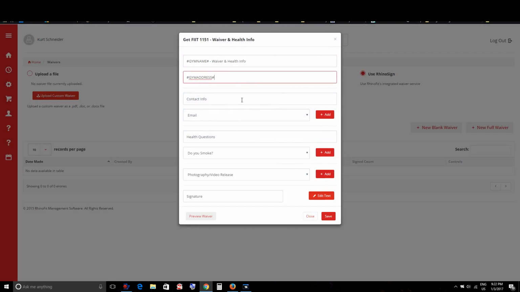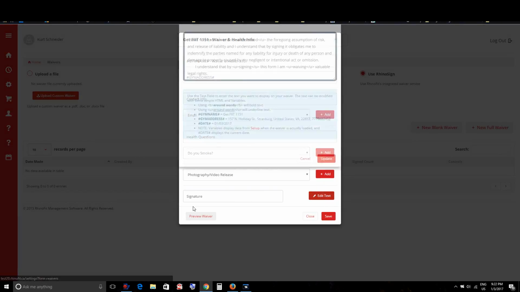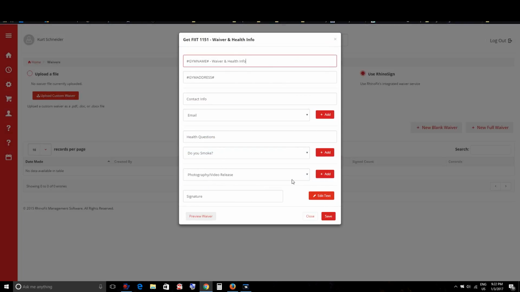That can be used in this field, any of these title fields, as well as in the signature text and also in any of the waiver text that gets added. I'll leave this information alone as this is sufficient. I will just simply add, I want to add